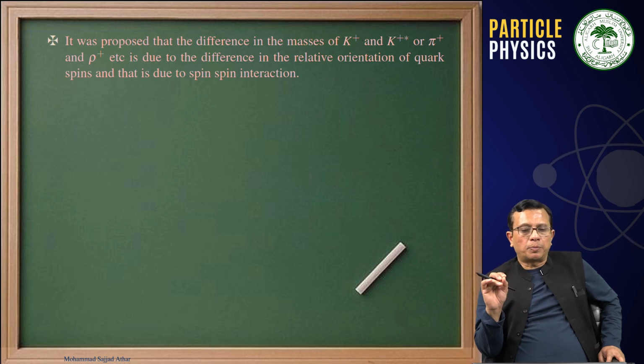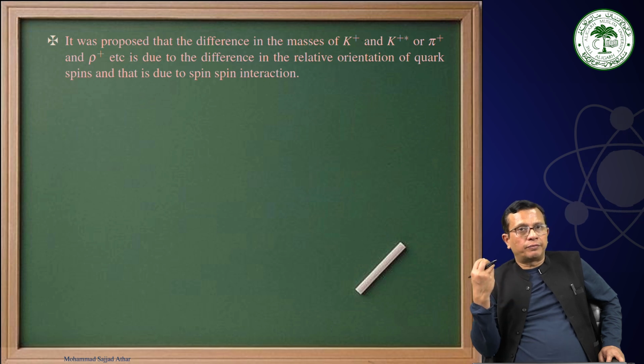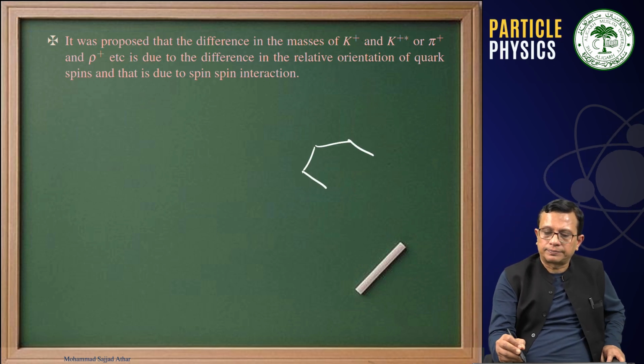Now, the other important point: it was proposed that the difference in the masses of K plus and K plus star, or pi plus and rho plus, is due to the relative orientation of quark spins, and that is due to the different spin-spin interactions. Therefore, if we want to talk about the mass of the baryons and mesons using the quark model, we have to keep in mind, if you can recall,